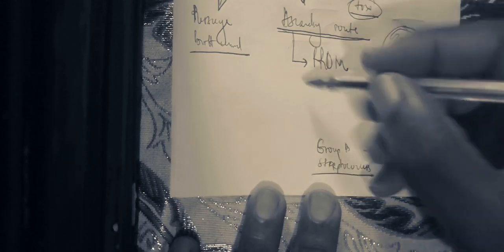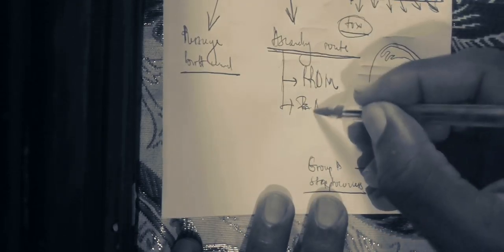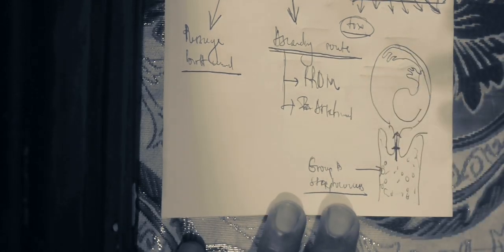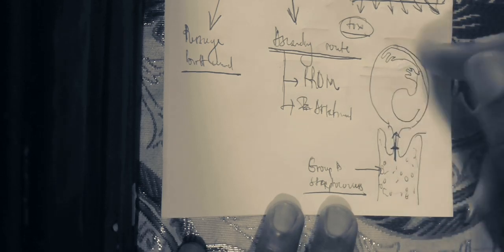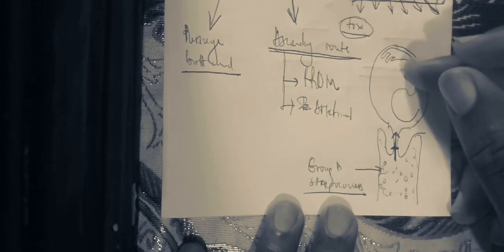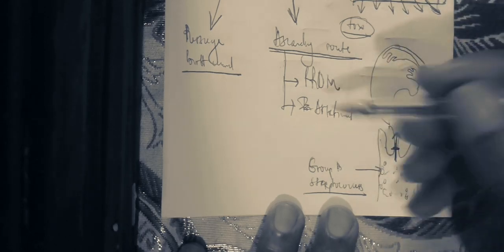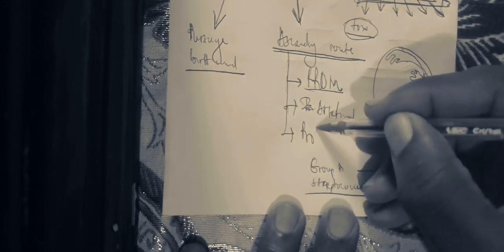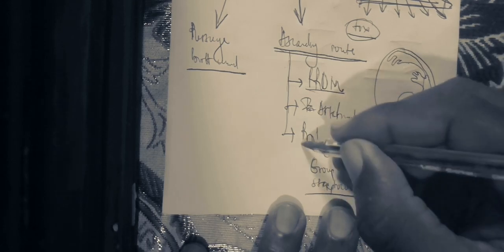Is it clear? Other risk factors associated with the ascending route include instrumental or artificial rupture of membrane. If you have an artificial rupture of membrane with an instrument that is not sterile, you can have ascending route transmission to the fetus. Is it clear? So those are the different things. Anything that is associated with rupture of membrane, like premature rupture of membrane, or also prolonged rupture of membrane, provided that the rupture of membrane